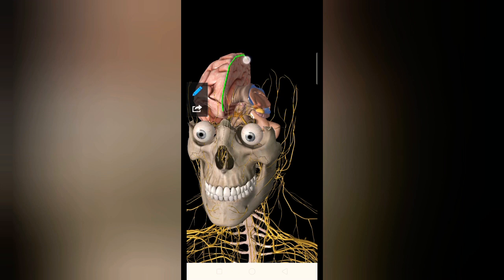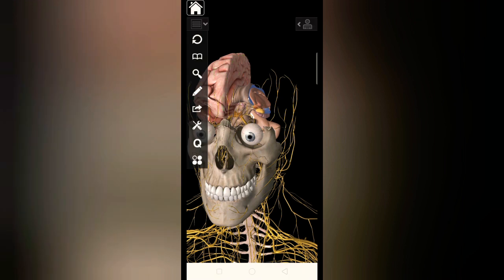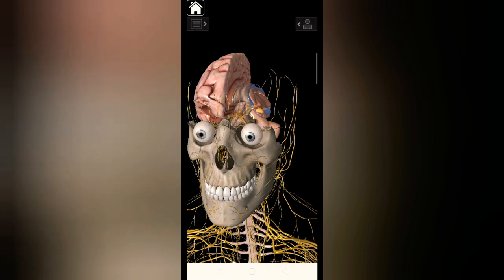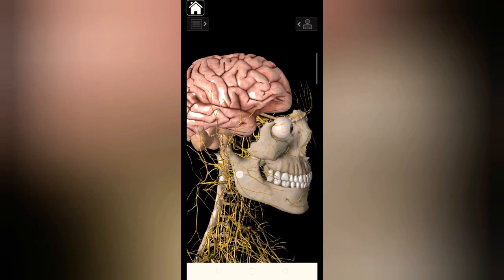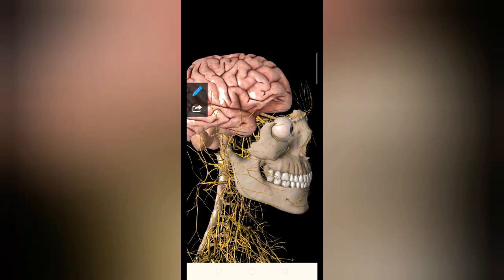You will say this as a superior medial border. This is our superior medial border, which is dividing our superior lateral surface from the medial surface. Alright, and the next border we have is the inferior lateral border. What is the inferior lateral border? It separates the superior lateral surface from the inferior surface. So this is our superior lateral surface, and this is our inferior surface.